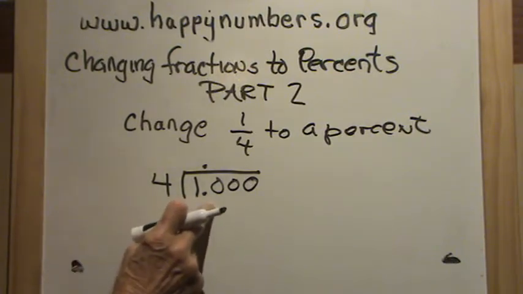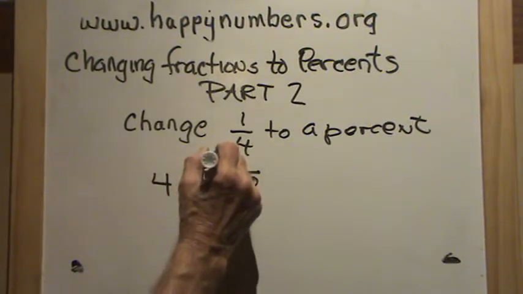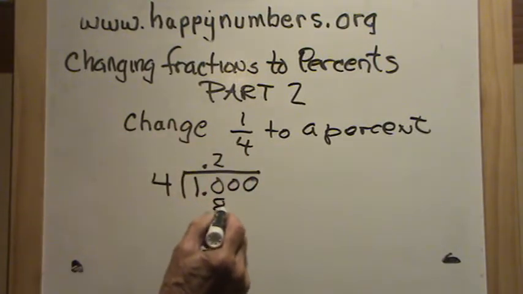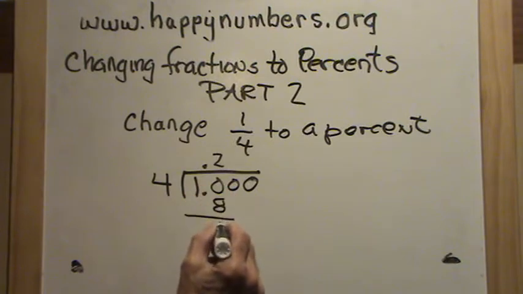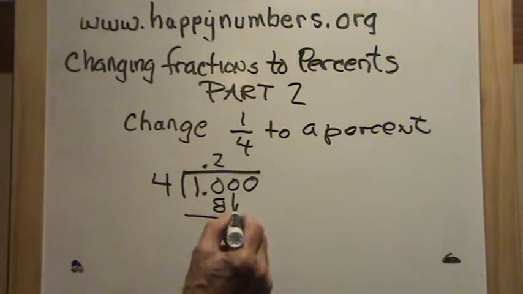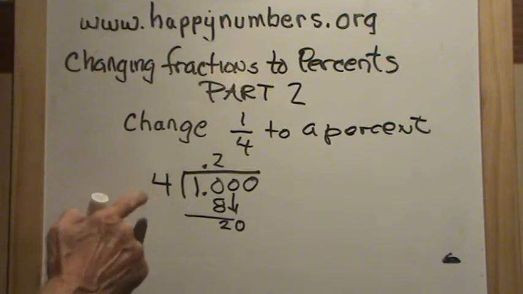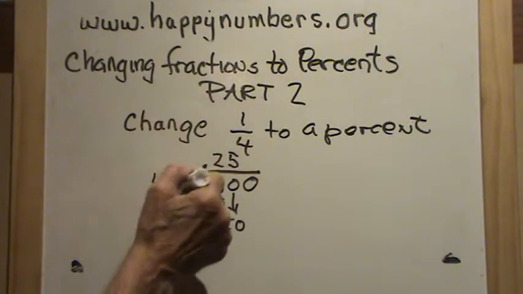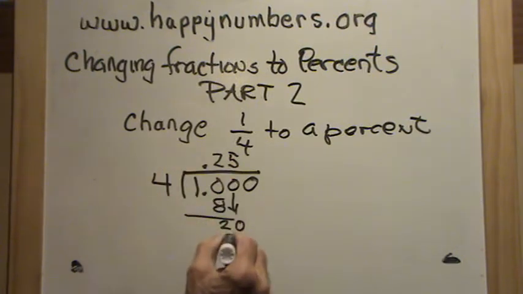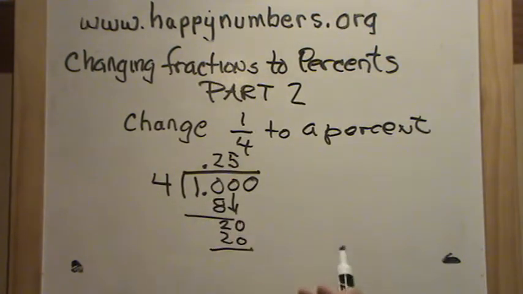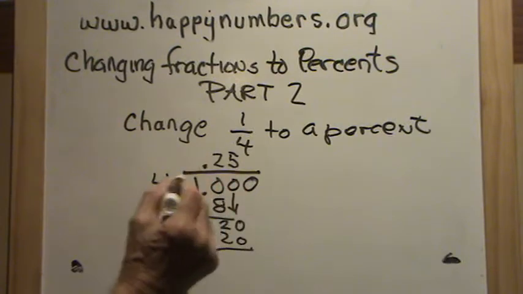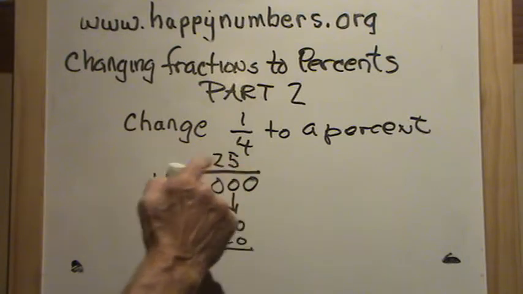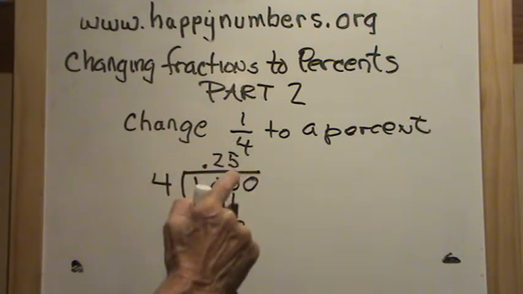4 goes into 10. Well, 4 will go into 10 2 times. 2 times 4 is 8. And we subtract and we get 2. We bring down a 0. 4 goes into 20 5 times. 5 times 4 is 20. And we're finished. Okay, so now we have changed the fraction 1/4 into a decimal fraction, and we know if